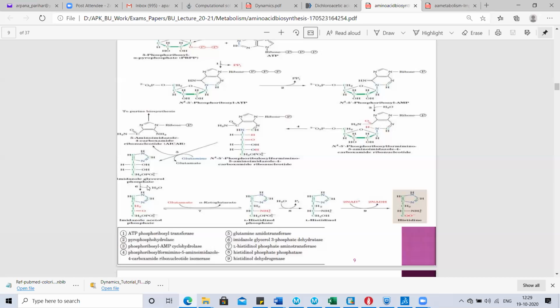And this imidazole glycerol phosphate, upon dehydration, one water molecule removed, produces imidazole acetol